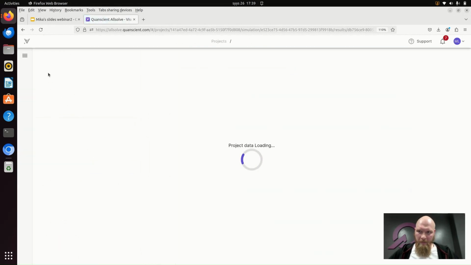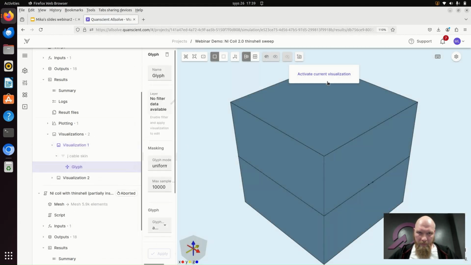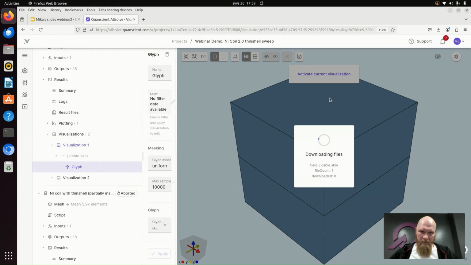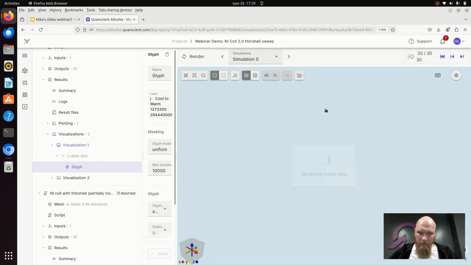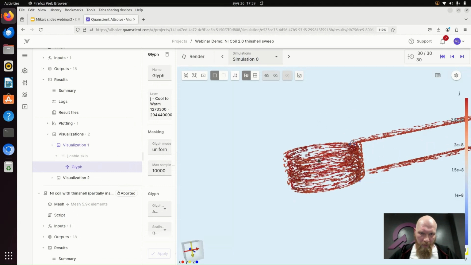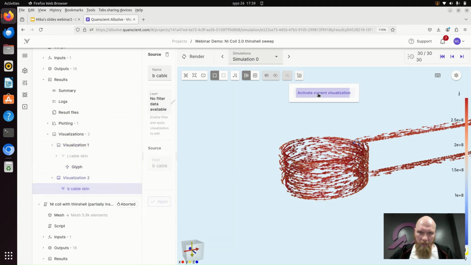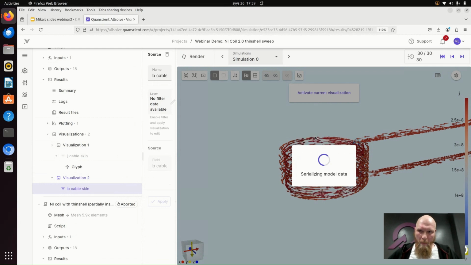Let's reload the solution. You can visualize the currents here also in the steel, if you like. This is at the final stage, and also, for example,